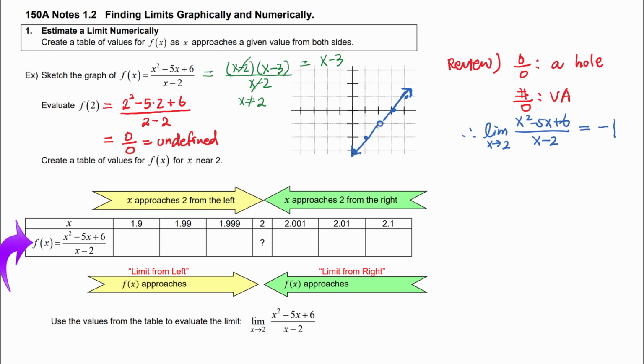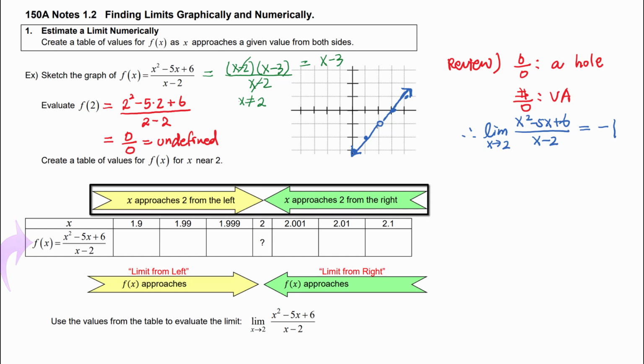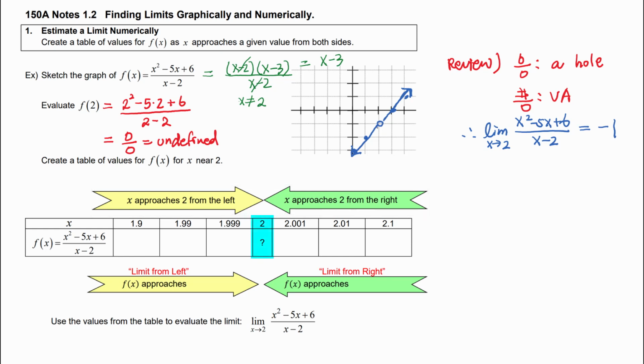So I'm trying to find out where this function is trying to reach as x approaches 2. You're going to have to locate the 2 in the middle of the table, and from the left you list numbers that are very close to 2, like 1.9. That's close, but get even closer. So you get 1.99, even closer, 1.999. Now from the right, you start with 2.1, get closer, so you get 2.01, get even closer, you list